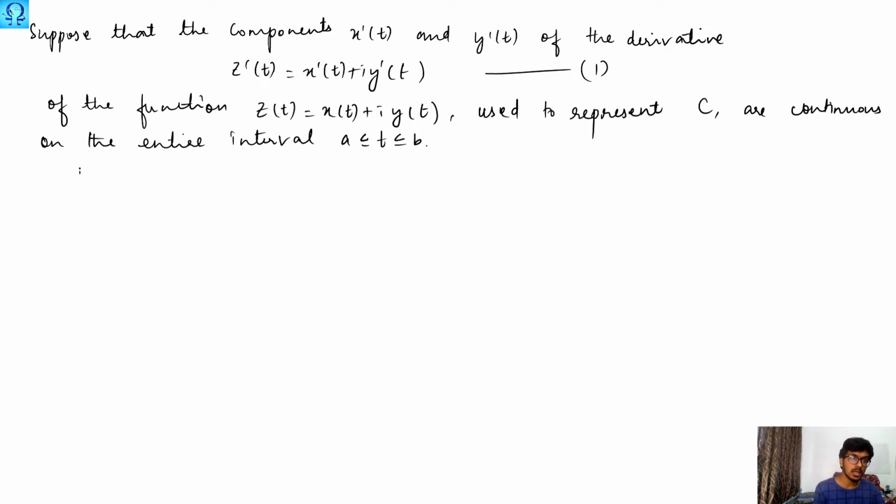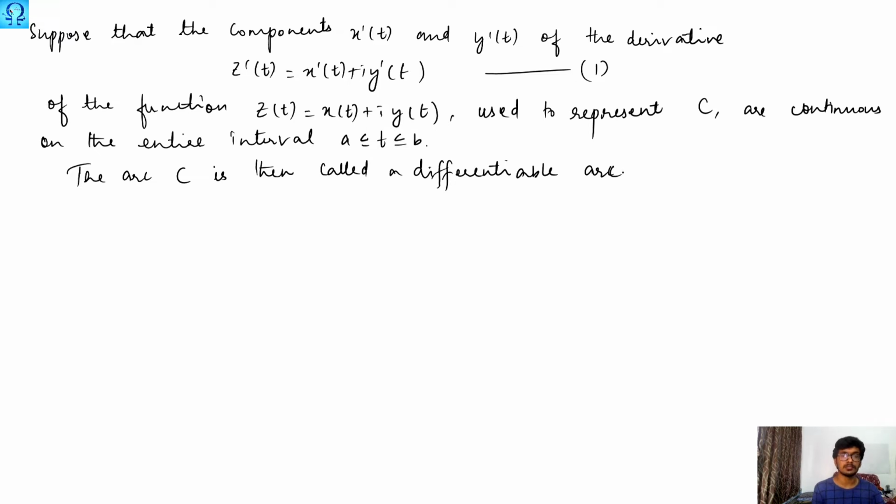The arc C is then called a differentiable arc. If these suppositions are true, that is, the derivatives of the components are continuous in the entire interval, then the arc is called a differentiable arc,